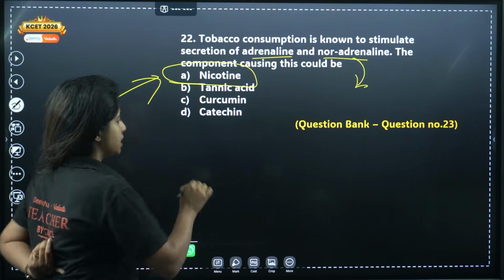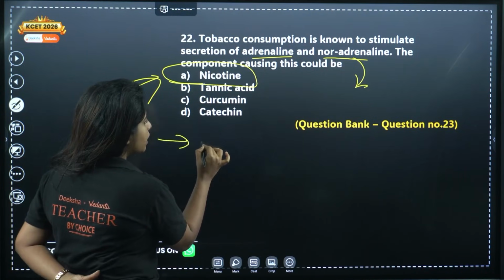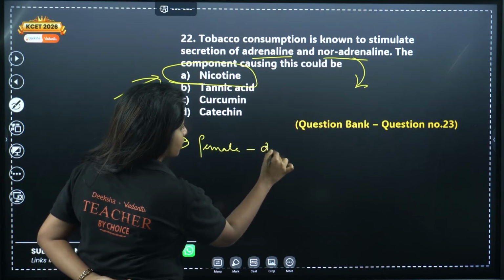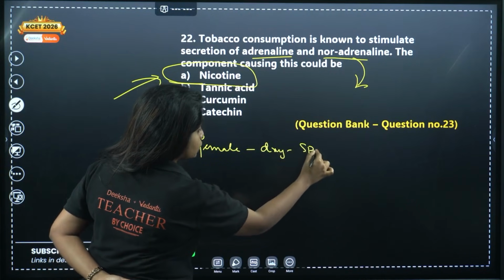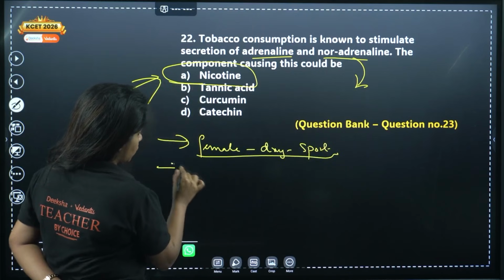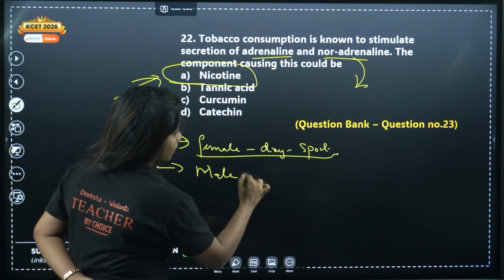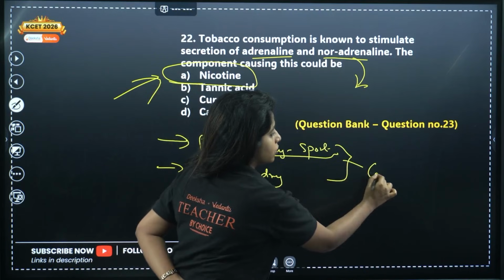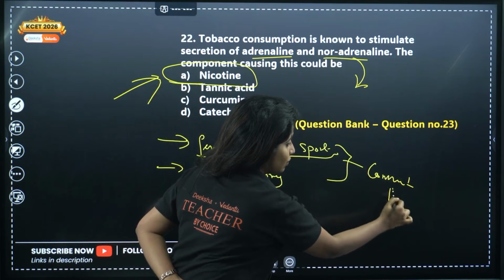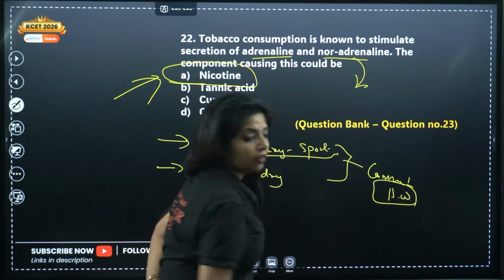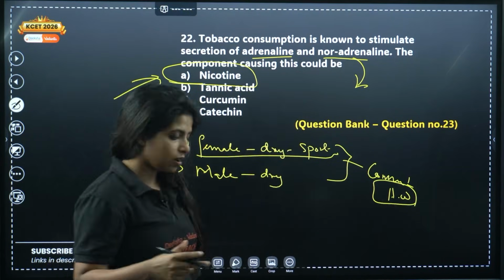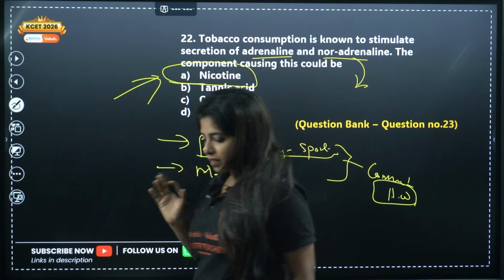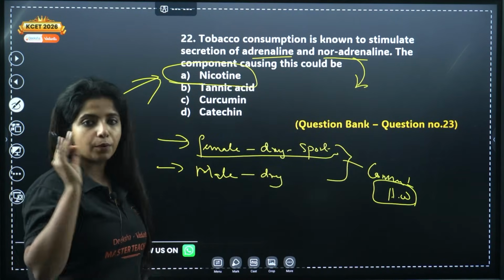There are things, so what happens when a female sports person takes a drug? I'm talking about a sports person. And also what happens when a male takes a drug? Please write the answer in the comment section. This is your homework and this is a very important question. When a female sports person takes a drug, what happens? What happens when a male sports person takes a drug? It is given towards the end of the chapter, super important.